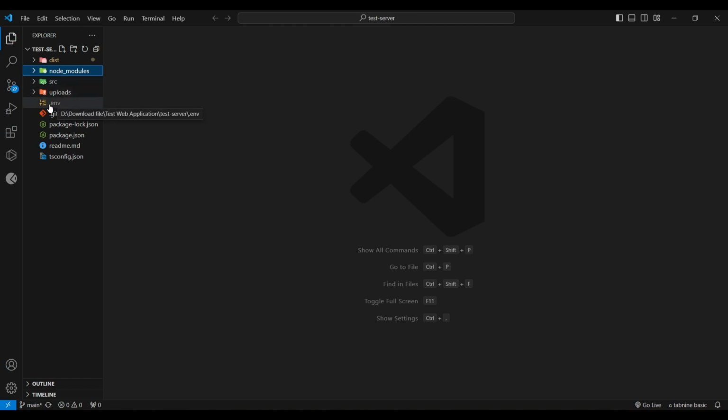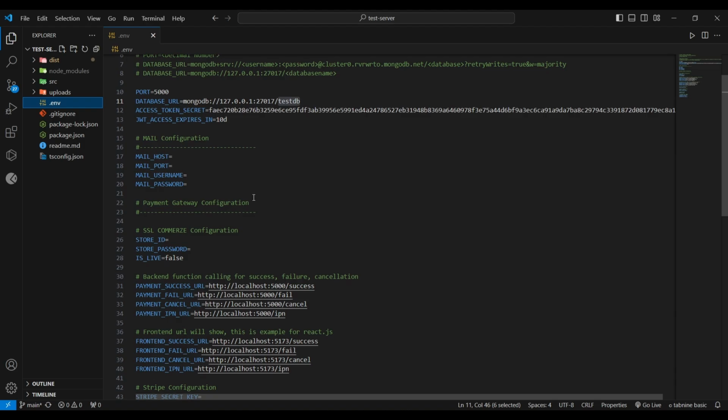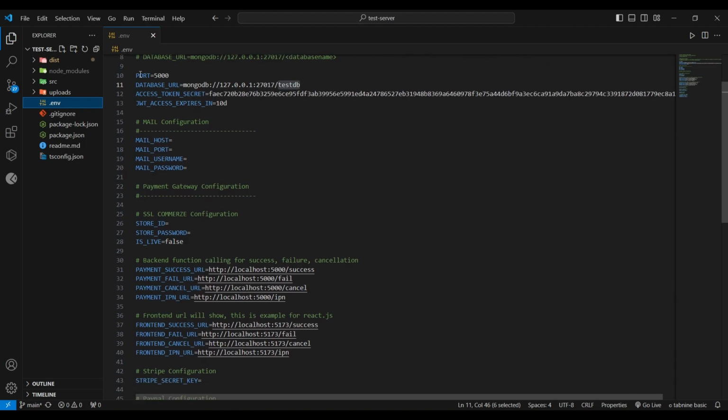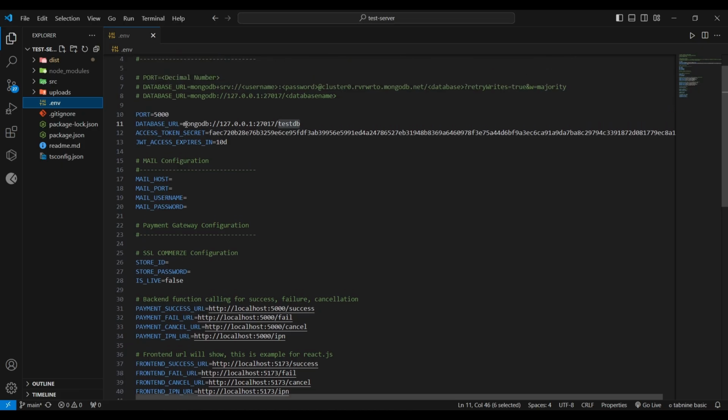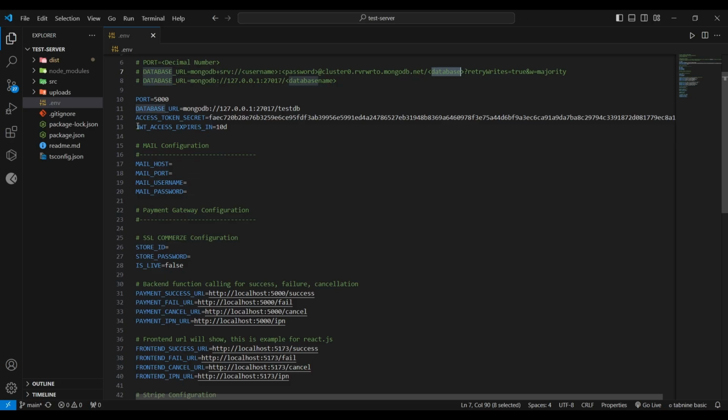Now I will explain about the .env. In this .env file, we have the port number and database URL. This is the localhost database URL. You can use the cloud URL. Here you will add the username, password, and database name. Then we have implemented